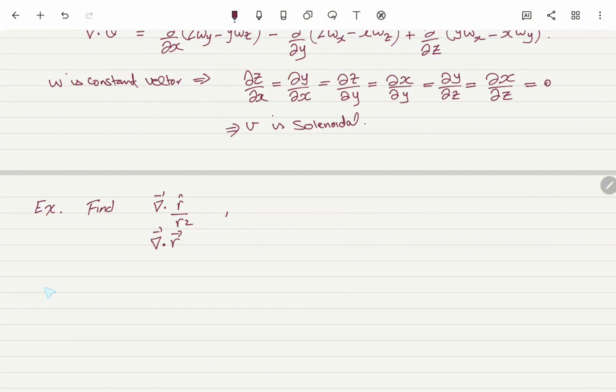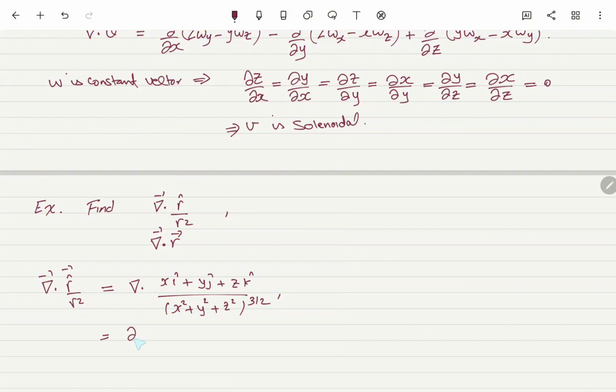Now, let's find divergence of r̂ over r², equal to divergence of (x î + y ĵ + z k̂) divided by (x² + y² + z²) to the power 3/2,